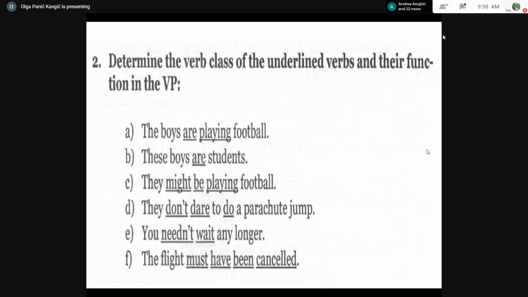The two basic main classes of verbs are lexical or full or main verbs, like, as it says here, play, go, and work. They carry a certain meaning and they are always the head of the verb phrase. And then there are auxiliary verbs. In Serbian, we call them pomoćni glagoli. Pomoćni or auxiliary means that they somehow help or aid the main verb. We will see how in this unit.